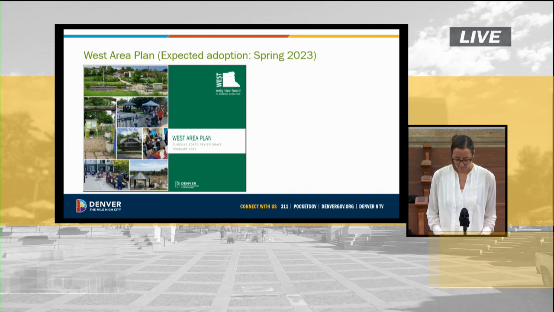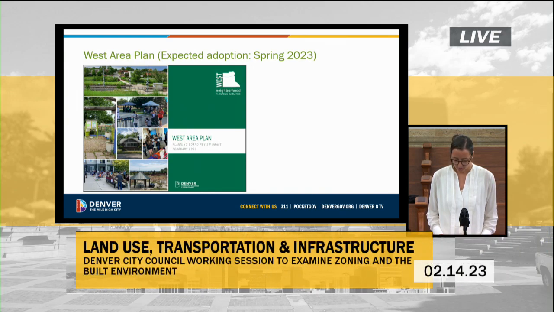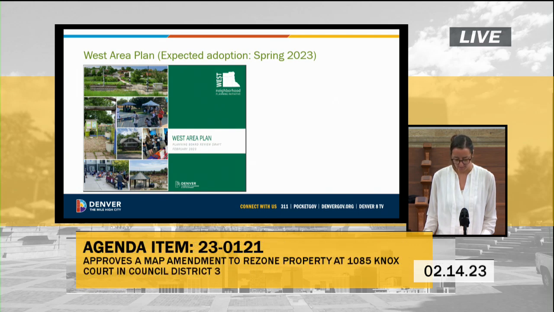Within the West Area Plan, the subject property is within the urban neighborhood context, and in the Future Places map, it's classified as community corridor. And I'm sorry, I made a mistake here. I put local center, but it is community corridor. Community corridor allows for up to 5 stories in this area. The proposed URH 2.5 zone district allows for multiple residential building forms up to 2.5 stories in height. Therefore, the proposed URH 2.5 zone district is consistent with the direction given in the West Area Plan.